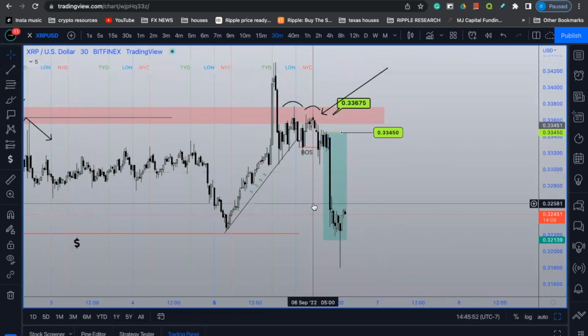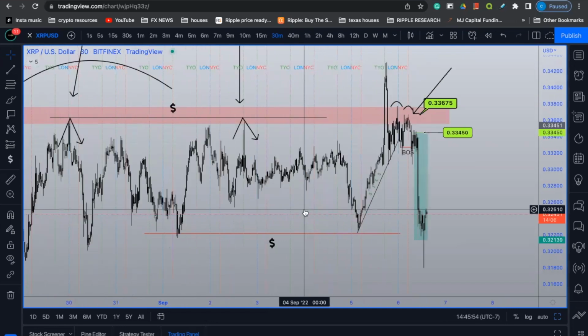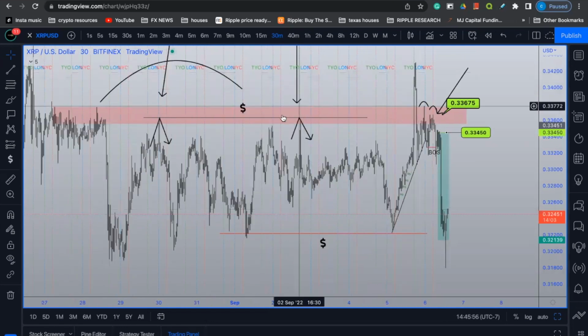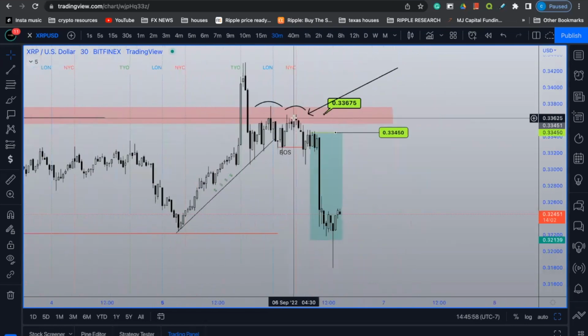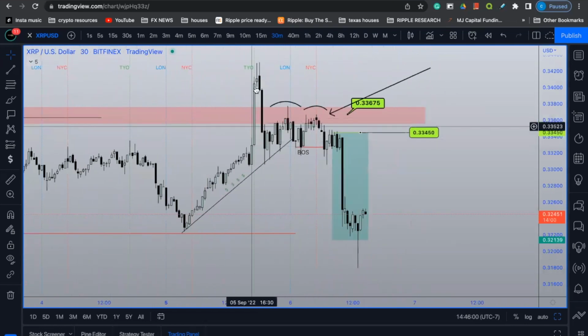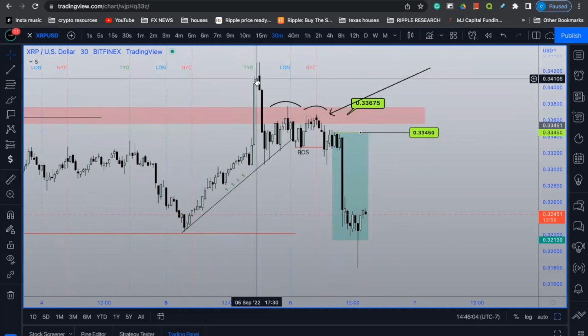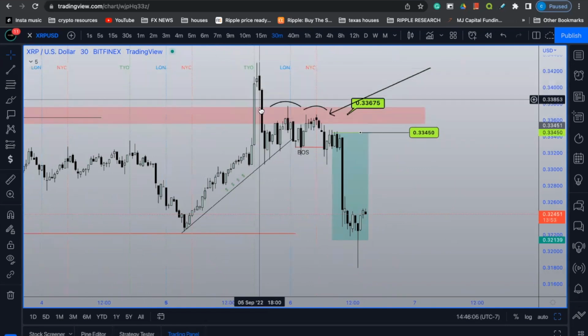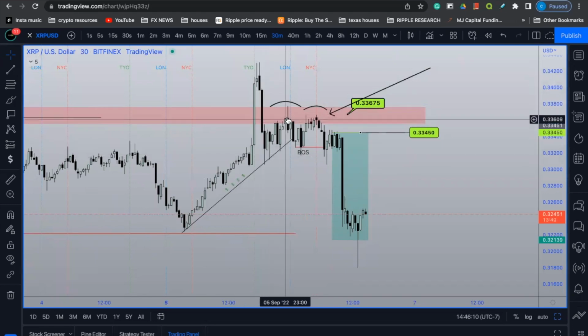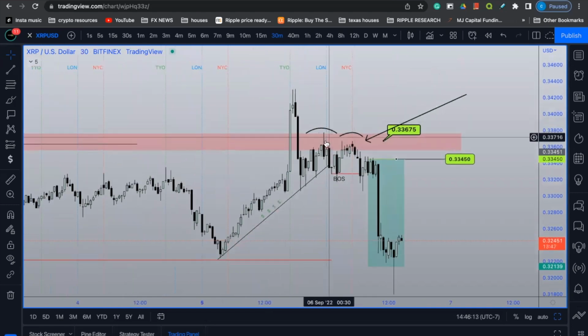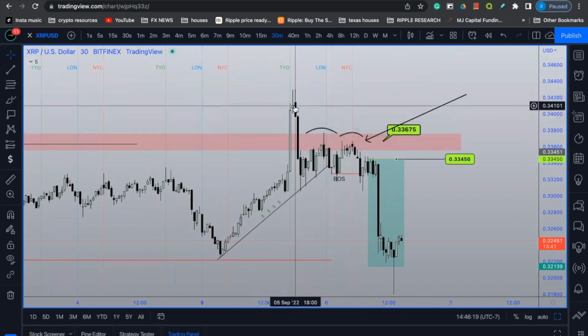Now, with that also being said, what other confluences do we have? We had a liquidity grab above highs and an immediate match of bearish momentum. So this bullish candlestick we can identify was an impulsive move to grab liquidity because immediately following, price came back down, so bearish momentum matched, and then we failed to create a higher high. What did we do after that? We created a lower high. You guys can see indicated by this little hump right here that we created a lower high in comparison to